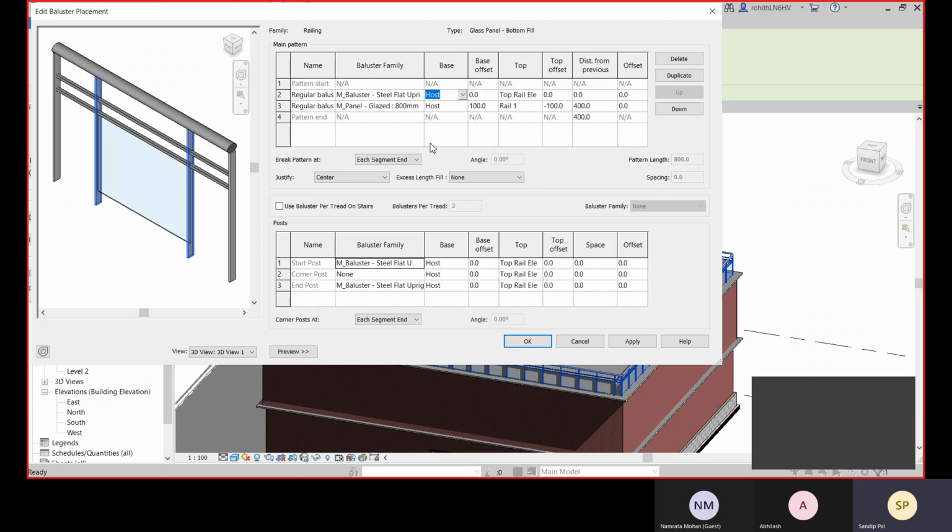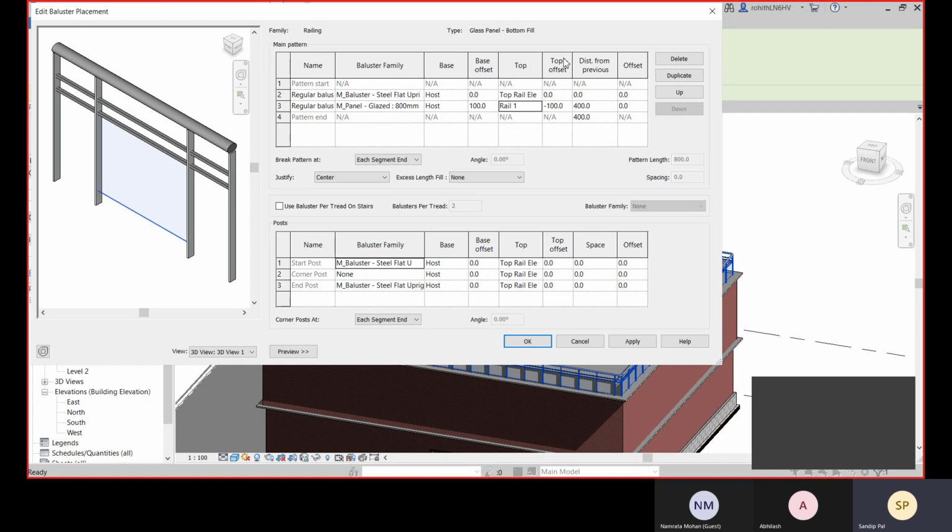Okay, and the same thing is there, like the base is host. Okay, the base is host, but here we have defined the base offset, so that's why it's lifted up 100, positive value, and the top is this one, this rail 1. So how we have created this rail 1, I'll show you that.